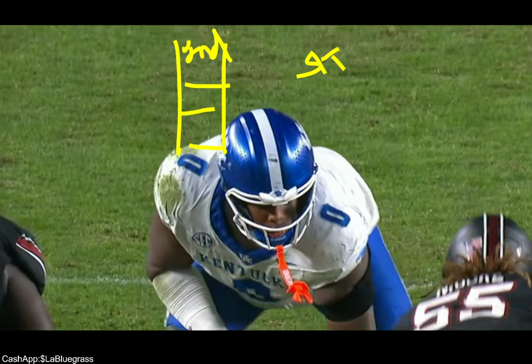So let's get into this film, y'all, because it is interesting how things come out in certain parts, certain times of the year. It's real interesting. This team, for the whole year, this defense has played pretty decent ball. I don't know what our turnover ratio is, but I bet you we're in the minus.